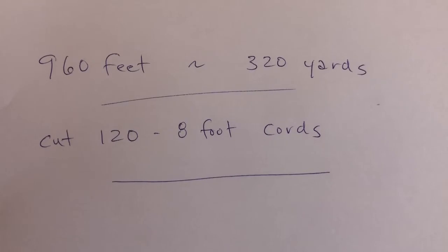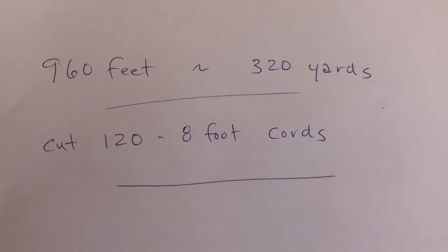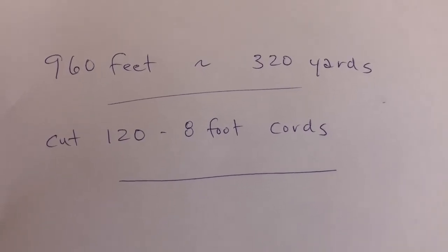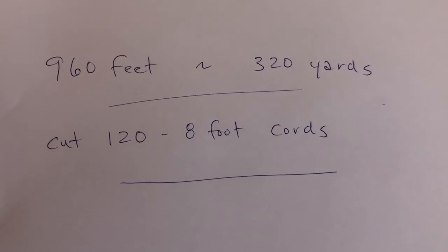So it took 960 feet or 320 yards of cord, and once you have your cord, and the picture I showed you, that was 5. I ordered 5 of those. Then cut 128 foot long cords. If you don't have enough scrap cord to make pom-poms, you'll need to order more cord